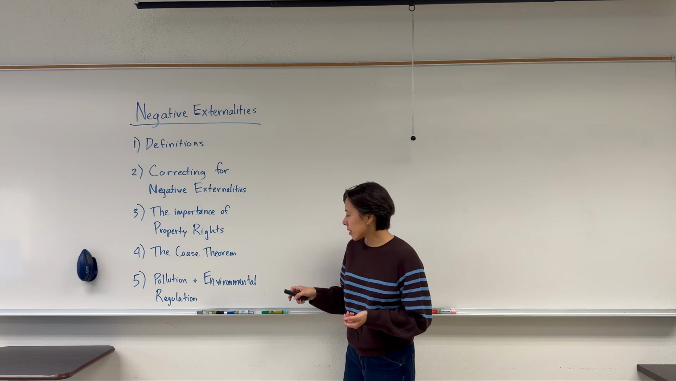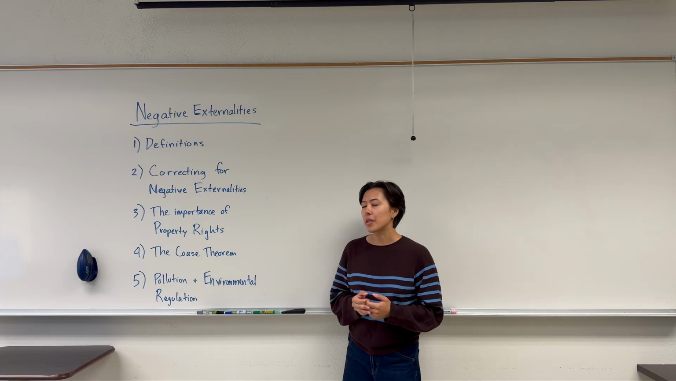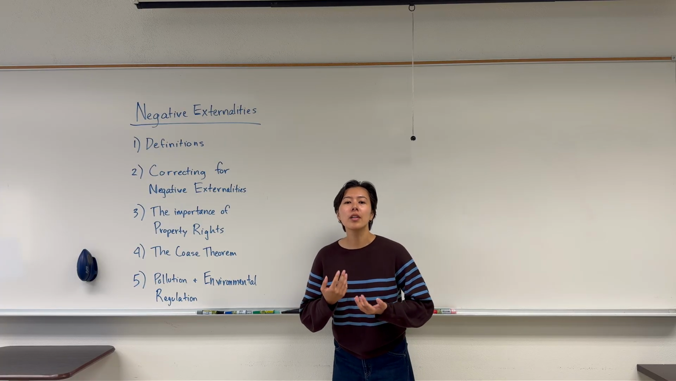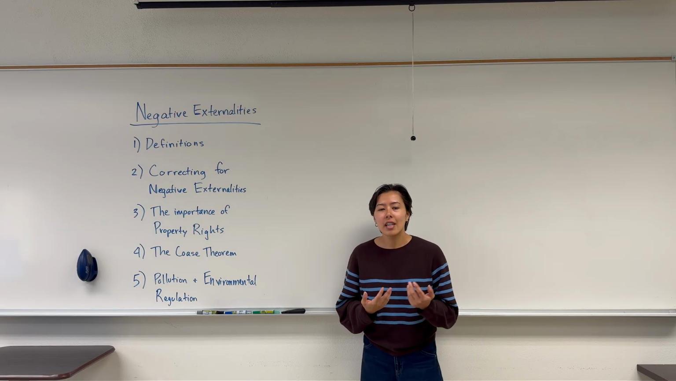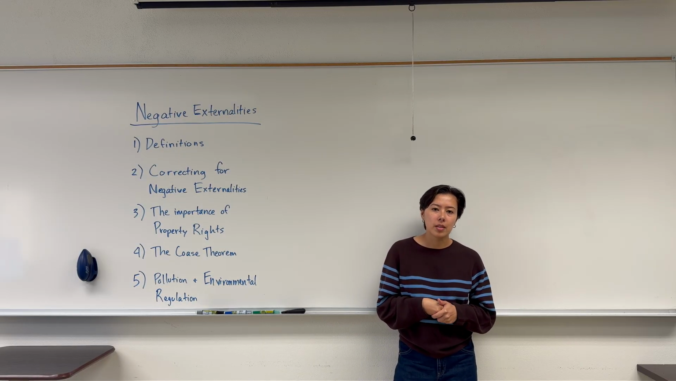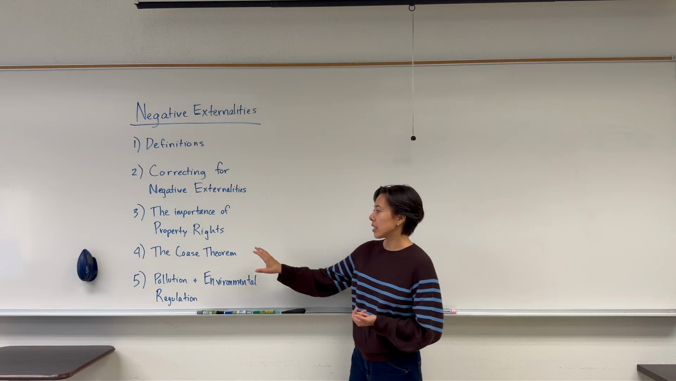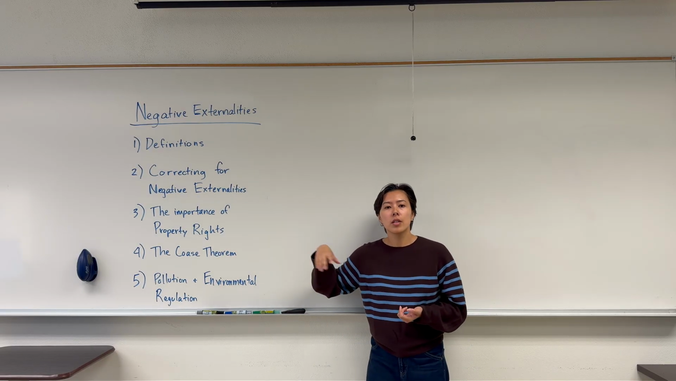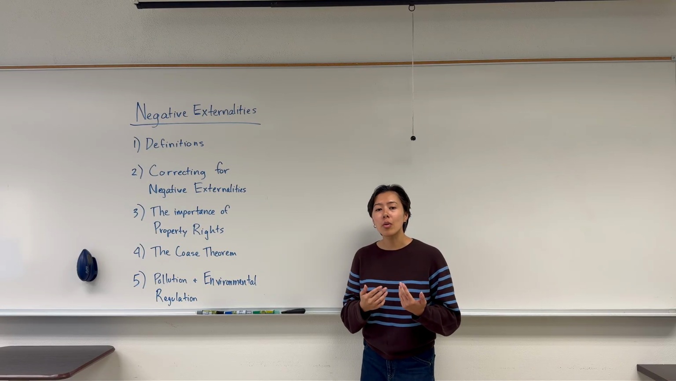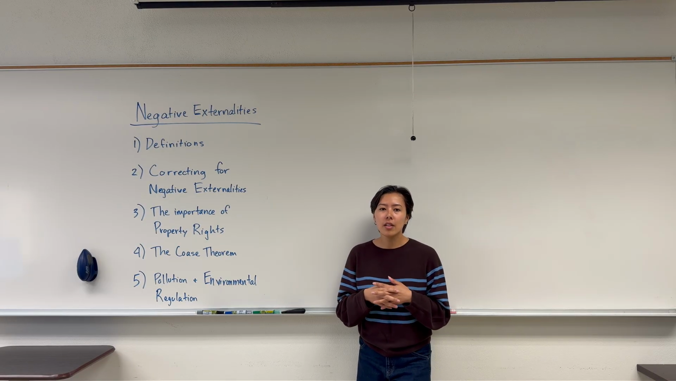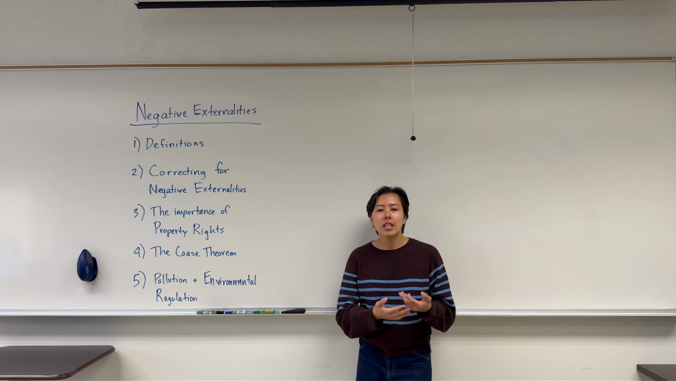All right, so with clearly defined property rights, it becomes much easier for the responsible party to internalize the negative externality and get us back to that social optimum. To see how this works, we're going to talk about something called the Coase Theorem, which is a very famous theorem in economics that shows us how two parties can work together to internalize an externality and resolve any kind